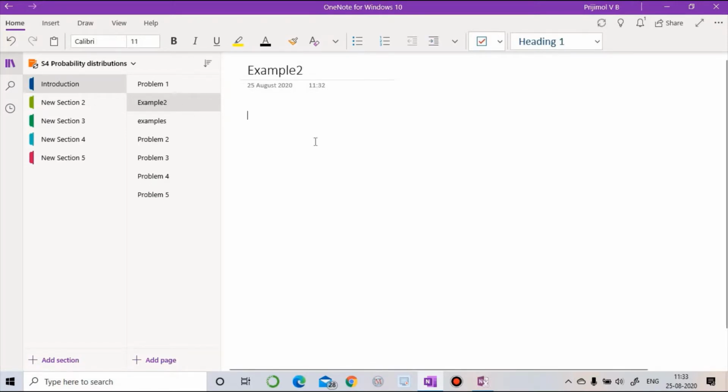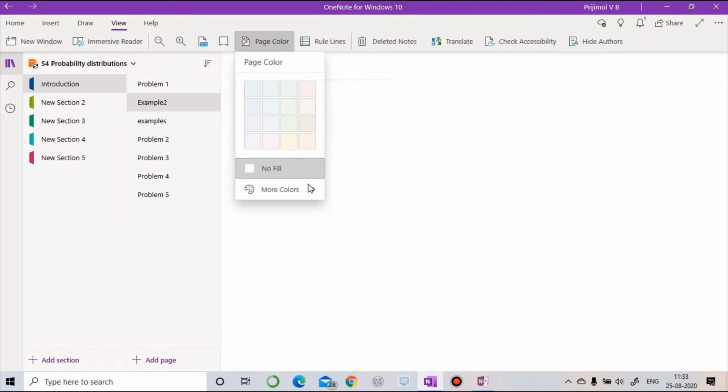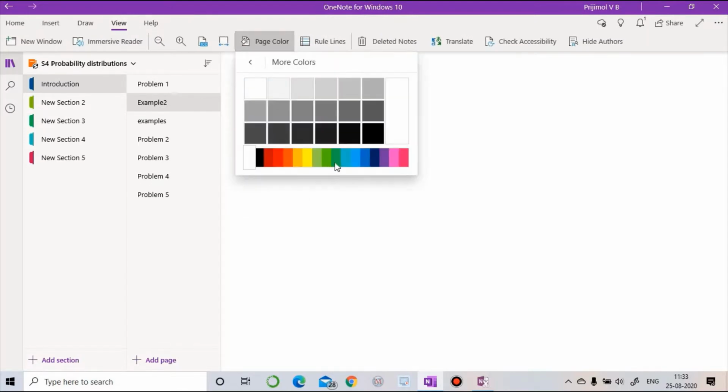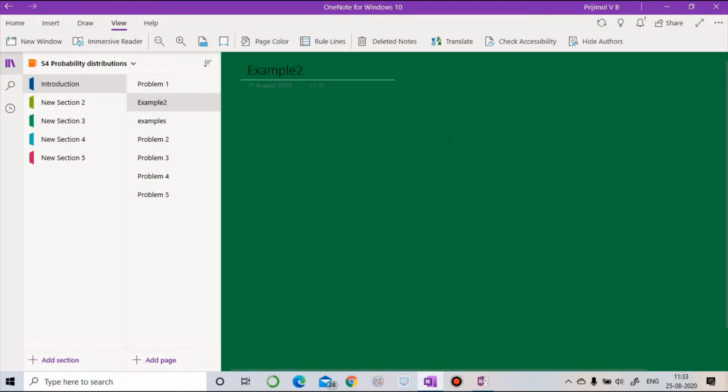Now by default it is a white background. You can change the color of this white background by going to view and then change page color to green. I usually prefer a green background because green is a sober color, and it is very pleasing to your eyes. You don't get a strain by looking onto the screen.